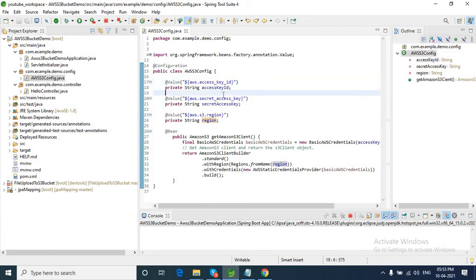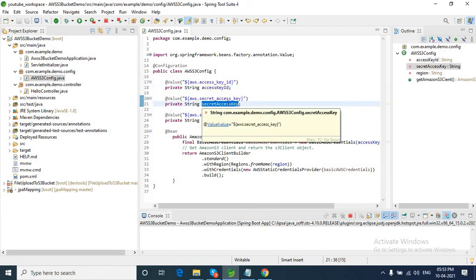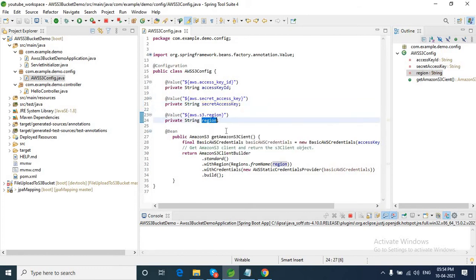If you don't know how to create the access key and secret access key, please follow my previous videos. I have shared lots of videos on AWS S3, on how to upload a file and retrieve a file from AWS S3 programmatically. At that time, I mentioned how you can create an IAM user and get this access key and secret access key. Region means the region in which you have created your bucket.